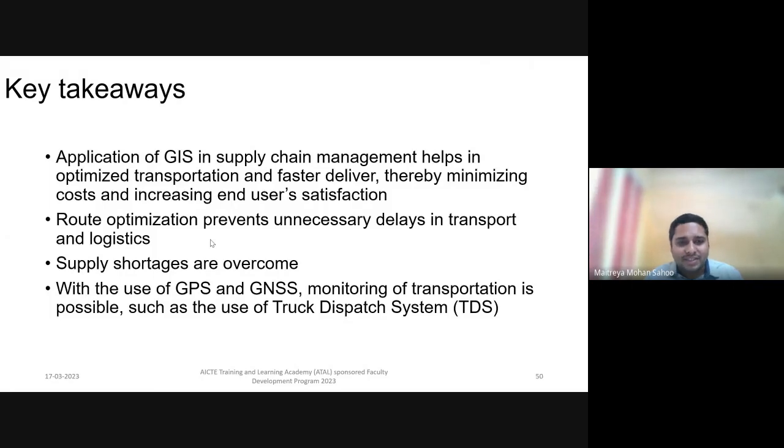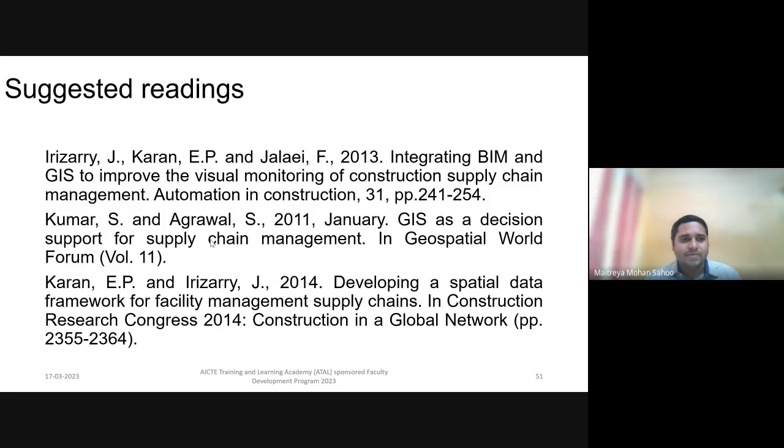And route optimization will prevent unnecessary delays in transport and logistics, and help overcome supply shortages, and with the use of GPS and GNSS, monitoring of transportation is possible, such as the use of vehicle routing or the truck dispatch system. So these are some of the suggested readings, like how GIS has been used extensively in supply chain management, in mining and construction activities, and how GIS acts as a decision support for